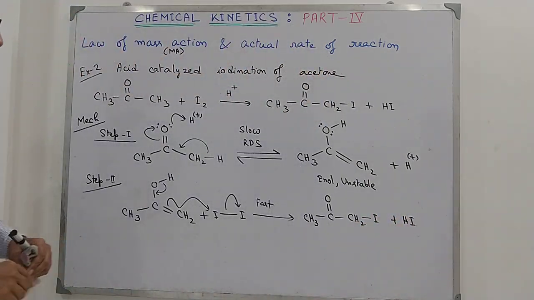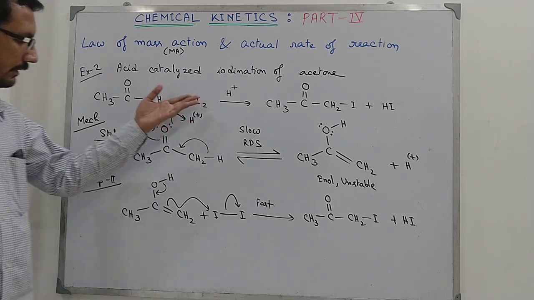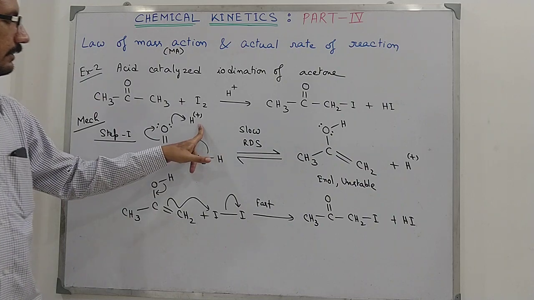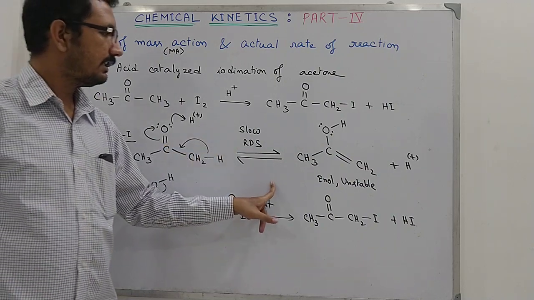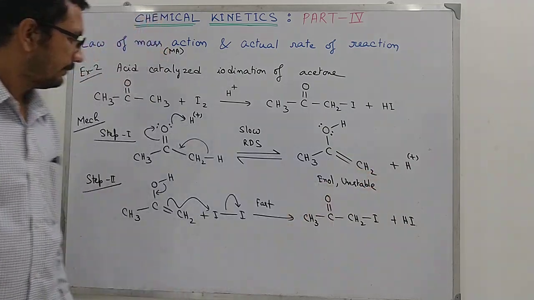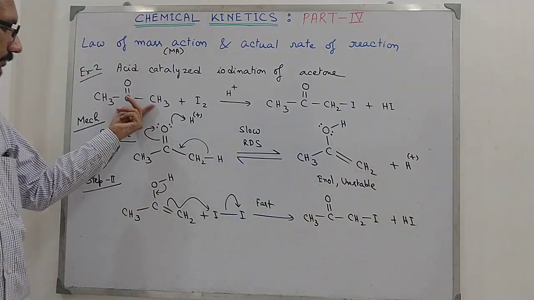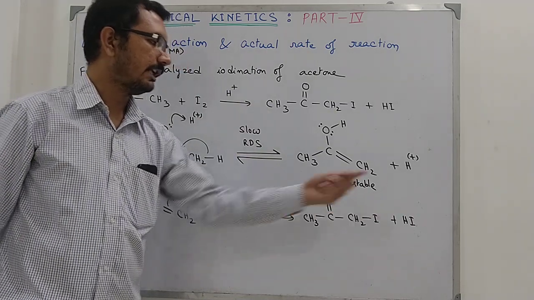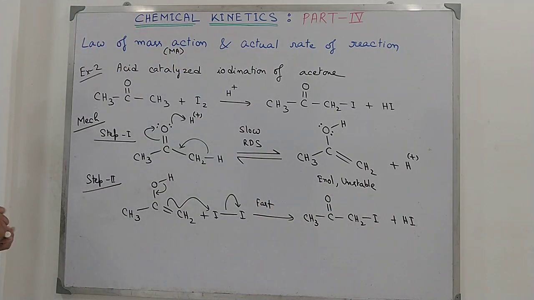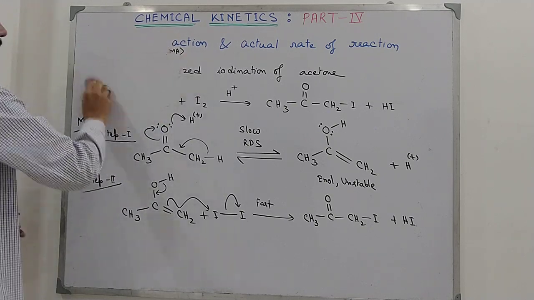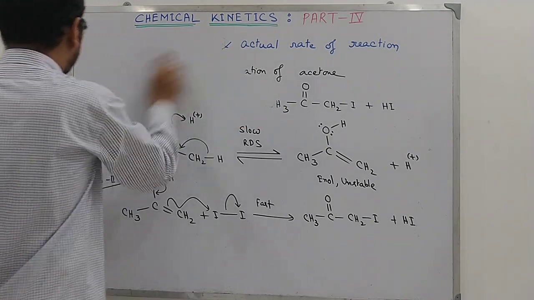Now if you add these, you will get the overall reaction. This one and this one cancel out. H plus is not consumed in the reaction. We are getting it back, and we are starting with acetone, we are starting with iodine, and we get iodoacetone and HI. Now if we draw the energy profile diagram for this reaction,